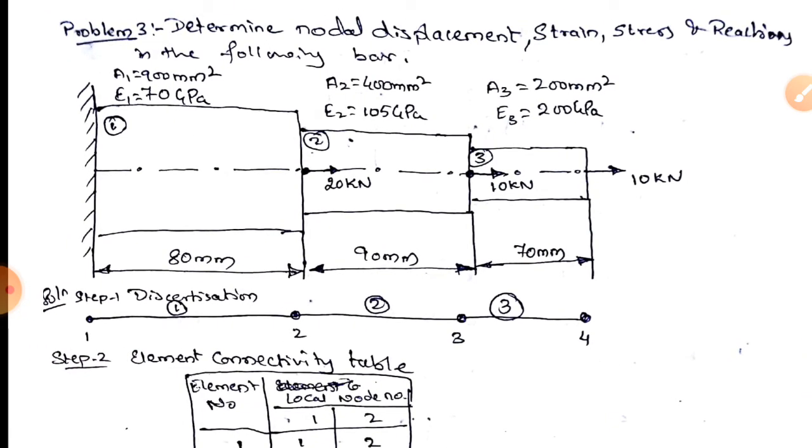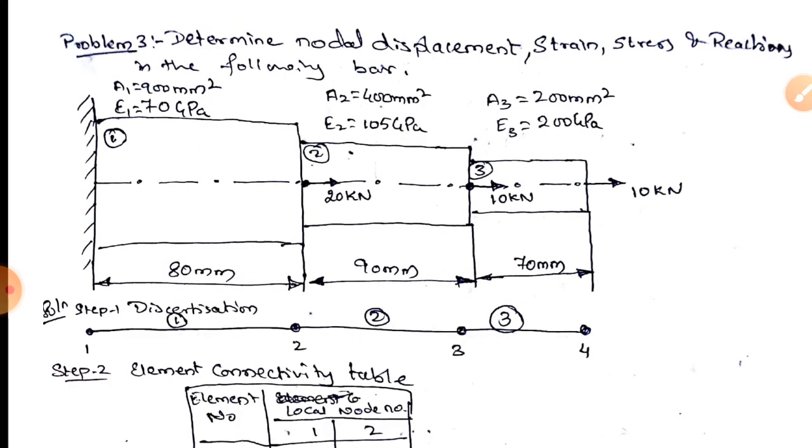I had shown you the examples of 2-step bar. Now you have to do the step bar for 3 steps. Okay, step bar analysis. What are the things given, or what are the things you have to calculate? The things you have to calculate are the nodal displacements, strain, stress and reactions.